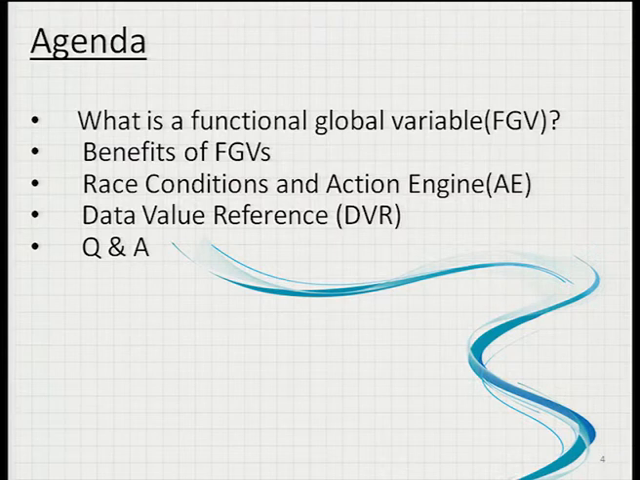Okay, so the agenda very quickly. What is FGV, in short, functional global variable, the benefits of FGV, and race condition, something that we should really sometimes think about when we are doing our programming. Race condition is a very true problem, but how we can overcome it through the use of things like action engines. And then moving on to the next one will be the data value reference,